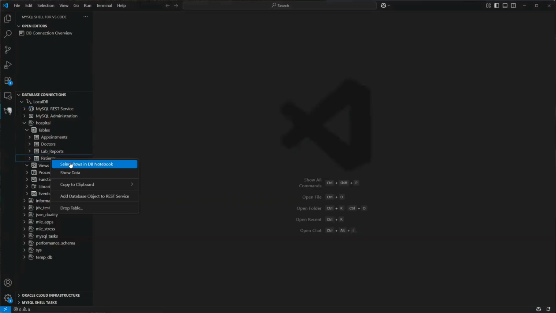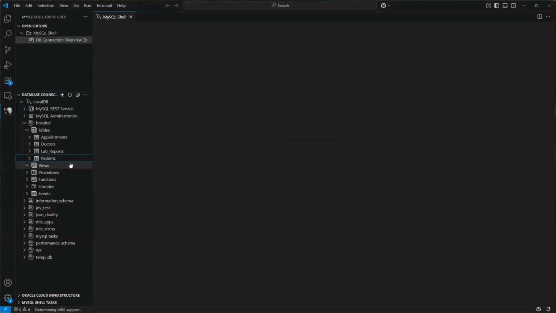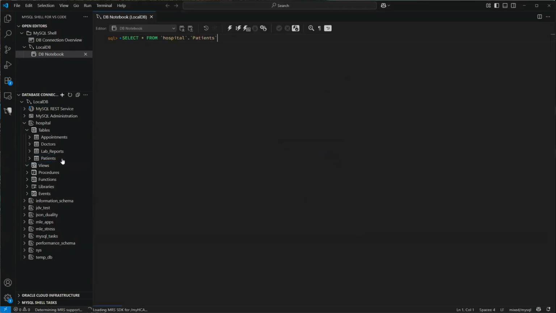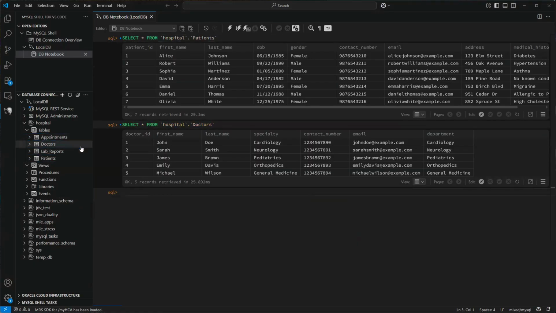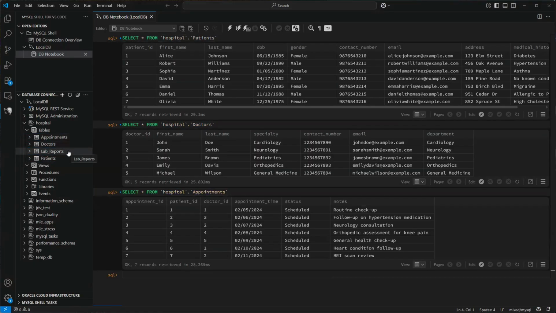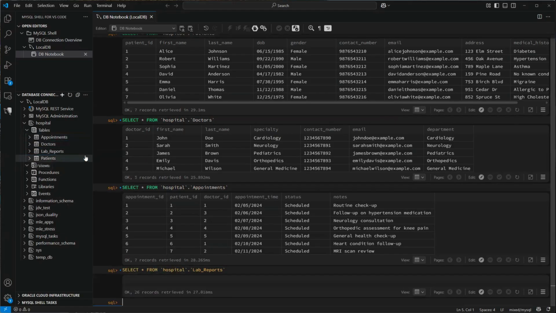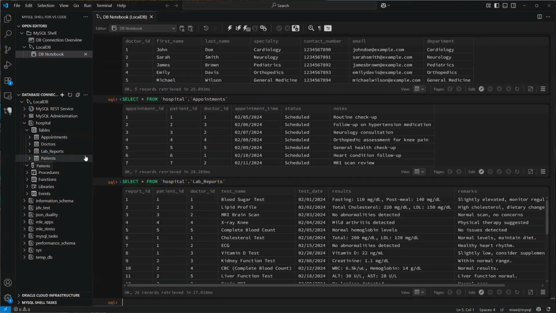Here is a healthcare application backend. For this example, we are going to use some relational tables. The first one is a table for patients. We have a table for doctors, an appointments table between the patients and the doctors, and a lab reports table for the patients. Now we are going to use these relational tables to demonstrate the new MySQL feature called JSON